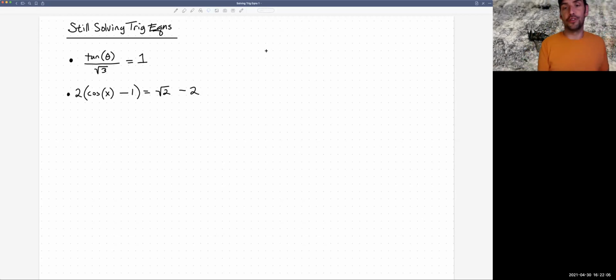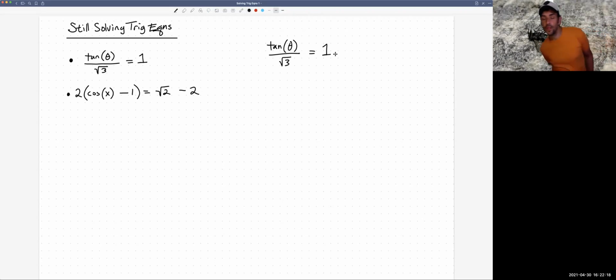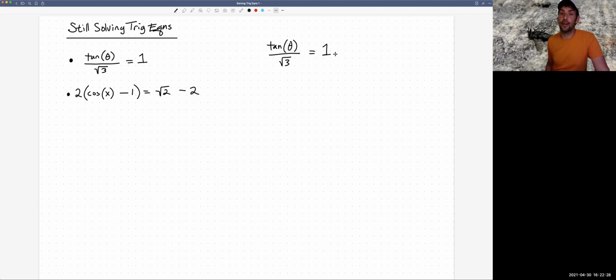We'll start with that one for tangent. So let me rewrite it. I've got the tangent of theta over root 3 equals 1. This is a pretty straightforward equation. It's just sometimes when we're new to the trig functions, they complicate things in our head, right? So this is equivalent to